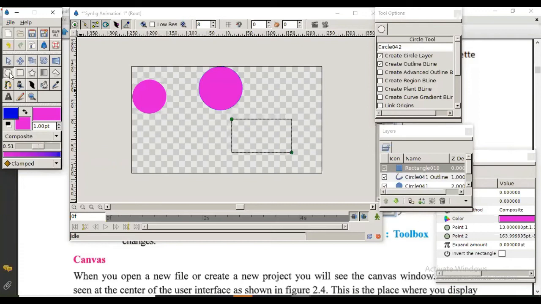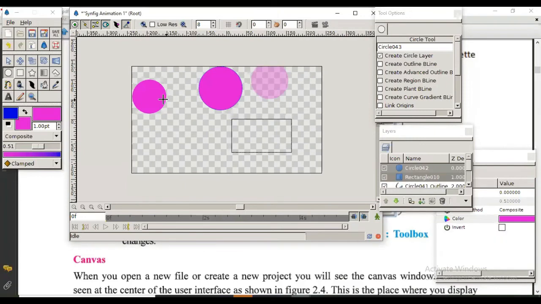Now I have made it nearly 50. And now I am creating another circle without outline. Now see this difference. With the same color, I have created two circles. This one is with opacity 1, that is 100% visible. This is opacity 0.5, that is half visible only. So we can select visibility using this slider. This is the visibility slider for giving opacity.